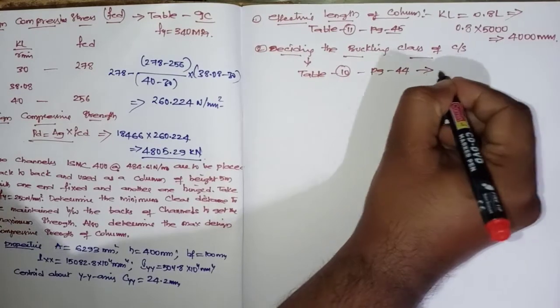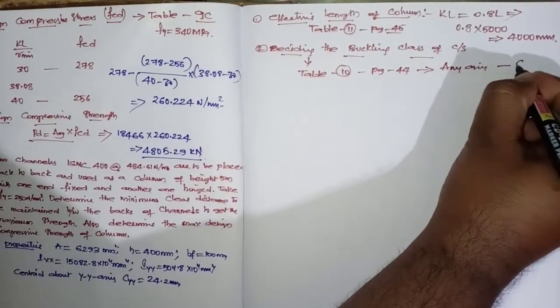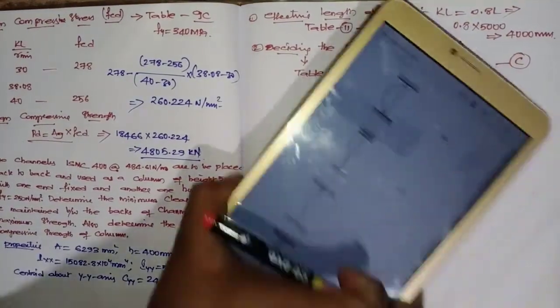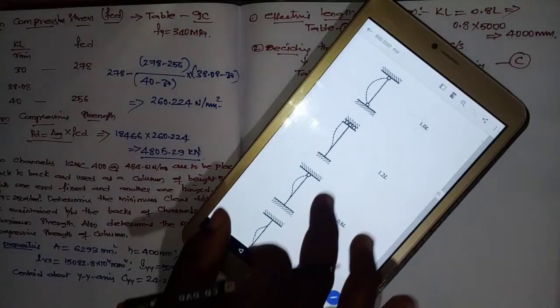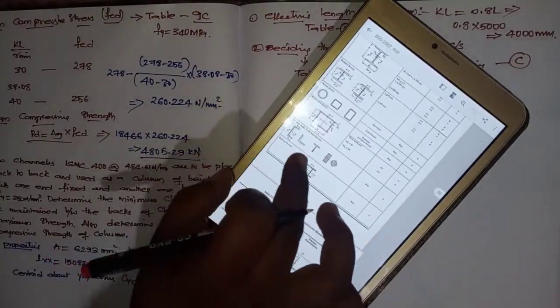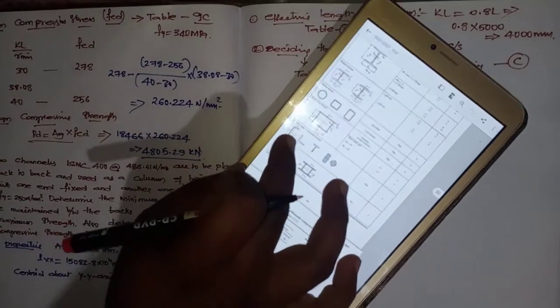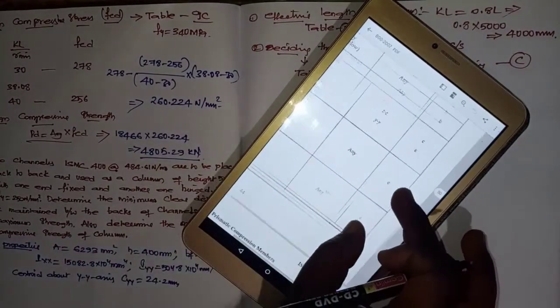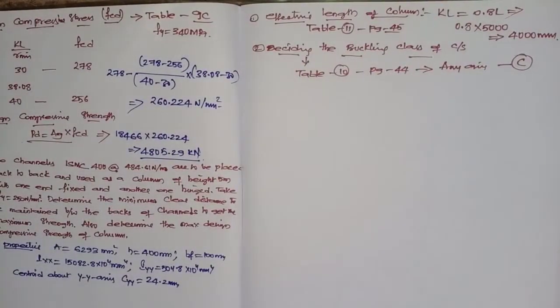For built up sections, any axis, the buckling class is C. Any built up member, channel section or angle section, whatever it may be, buckling class is C. Okay, next,